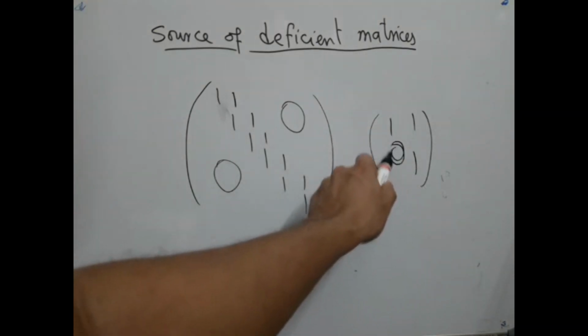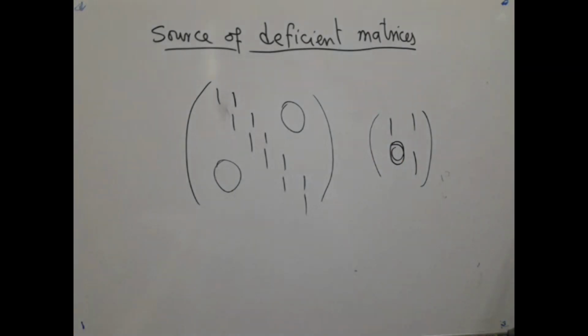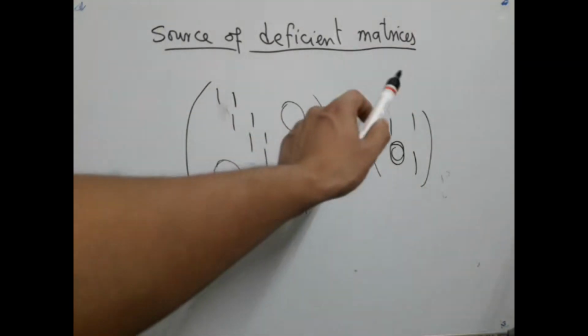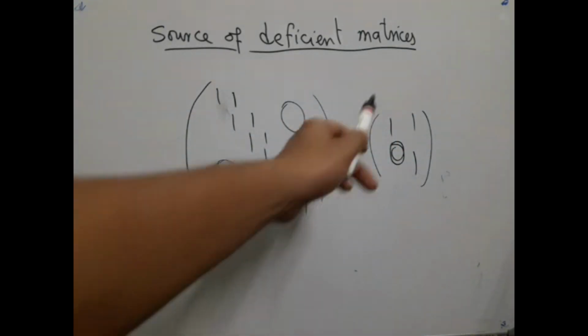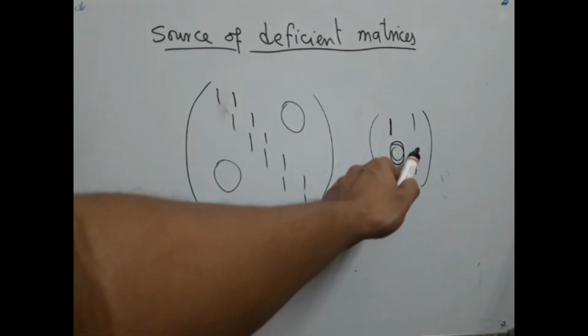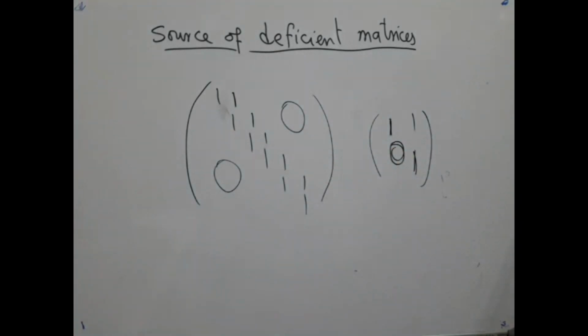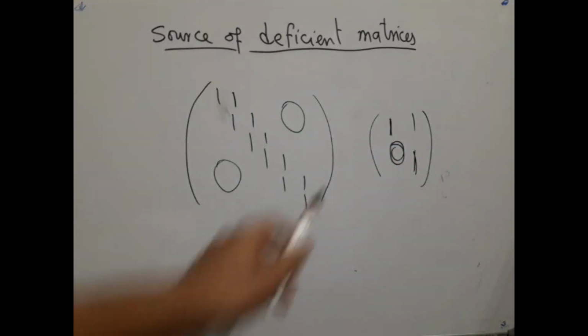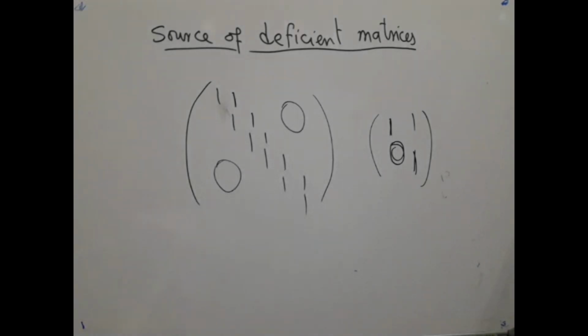So whenever you have in mind any such result and you want to check whether this is true for something or false for something, you can try out on these matrices. You can very easily check that 1 here has algebraic multiplicity 2, but geometric multiplicity only 1, meaning that it is not semisimple. Now coming back to that question, whether the number of non-zero eigenvalues is indeed equal to rank,